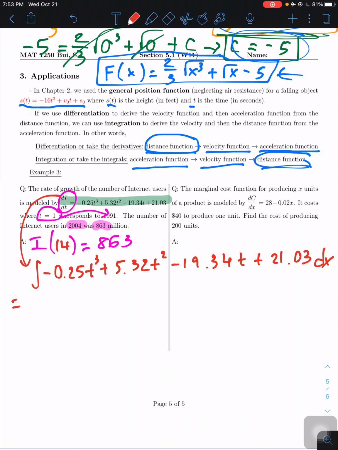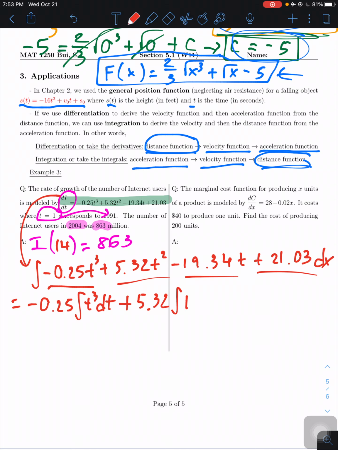Because it's a really long equation to keep rewriting. Okay, so first step, I'm going to break this function into four parts: part one, part two, part three, and part four. And after that, I'm going to pull out all the constants in front. So it goes like negative 0.25 integral of t cubed dt, and then plus